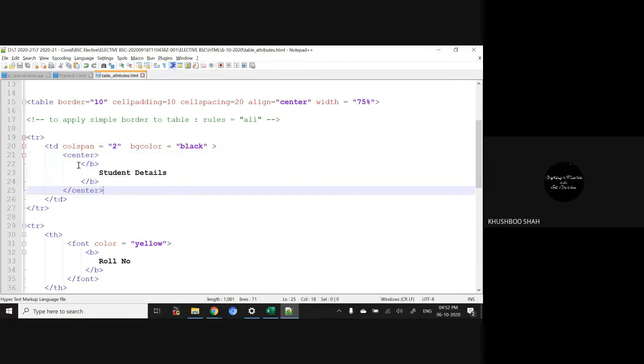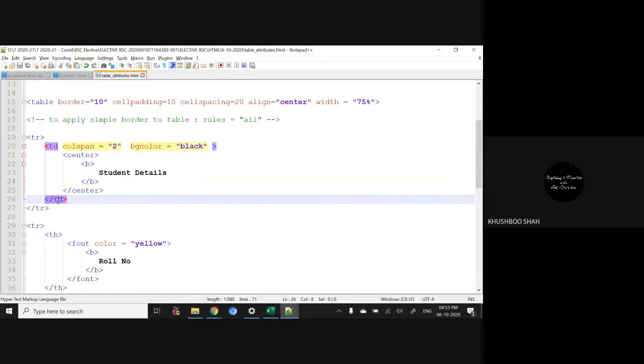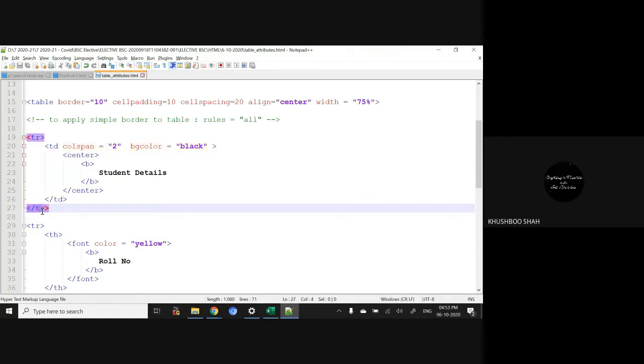So I have simply used the center tag and B tag. One thing to keep in mind is the order: TD open, then center, and then B. In this order only, you have to close the tags. First close B, then center and TD. So do not forget the order, always maintain the sequence.